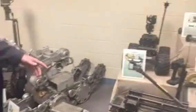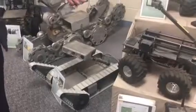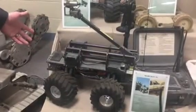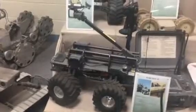You'll notice other robots, PackBot Explorers are observation-only platforms, so are the MarkBots. MarkBots were great systems in use in Iraq. Being that they're a wheel chassis, though, they're a little bit more difficult to operate in Afghanistan or any other area of operation. BombBots, so that's your